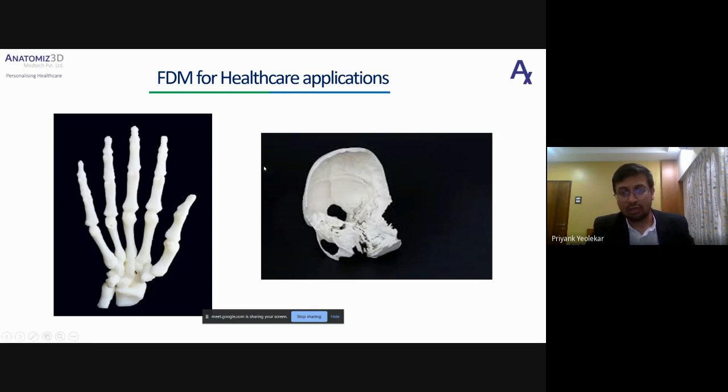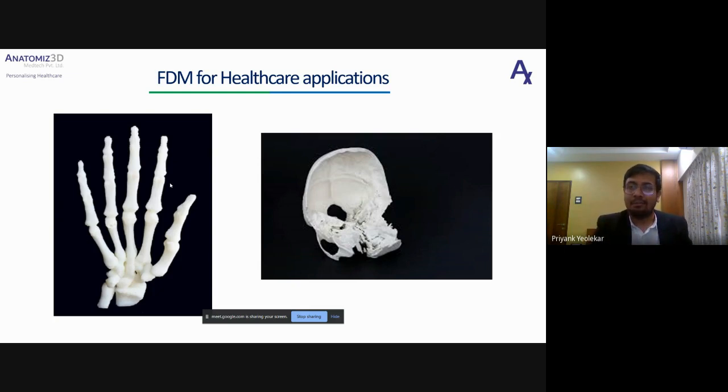So these are the two models which I'm showing right here. As you can see in the second model also, it is a skull model. And as you can see in this area, the resolution is not that great. Also, in this technology, the support structure is made with the same material as your actual model material, and it is printed with the same material, and then you have to peel it off.